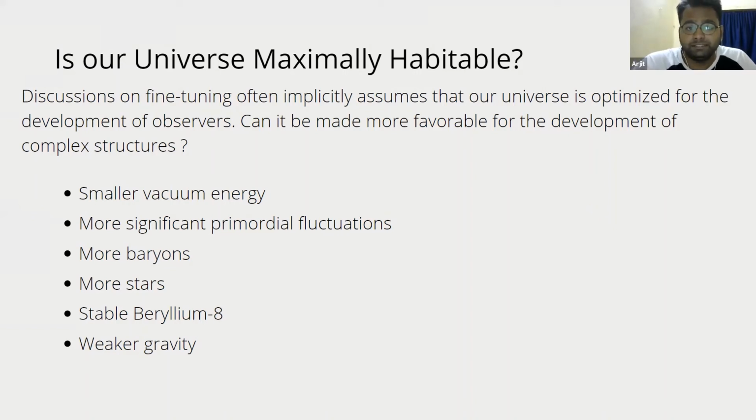Some enhancement leads to earlier matter domination, which allows large-scale structure to grow earlier in our universe. Similarly, if we had more stars, then the range of stellar mass, which in our universe spans a factor of about 1,000, could be more prominent in other universes with other variations of the fundamental constants.